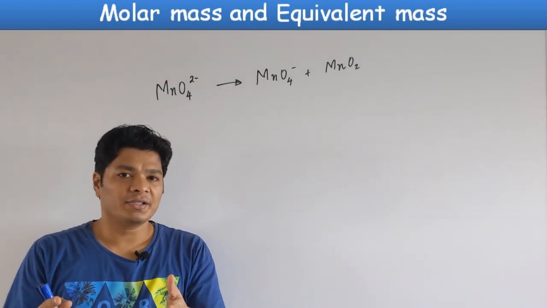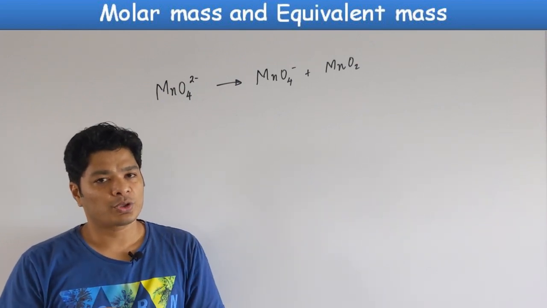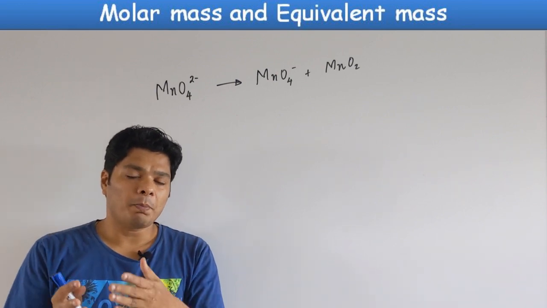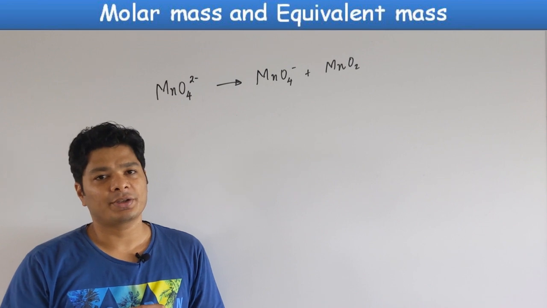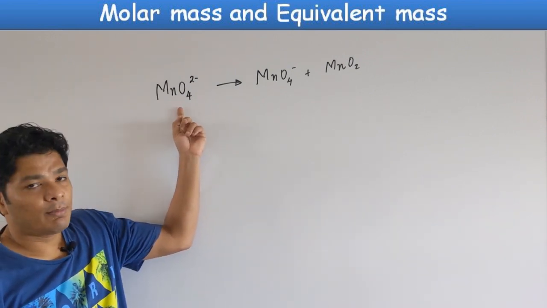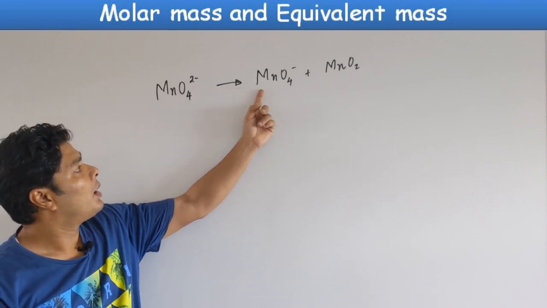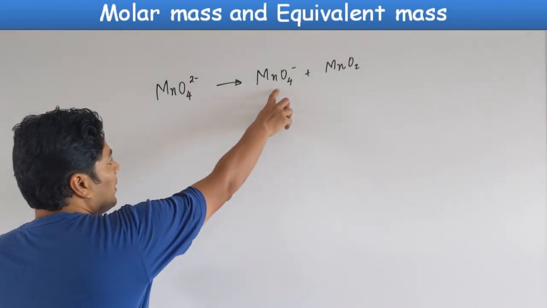So the previous example we saw is where within a species 2 atoms are getting oxidized. What if within a species there are 2 atoms, one of them is getting oxidized, one of them is getting reduced? Or what if within a species the same atom, part of it is getting oxidized, part of it is getting reduced, meaning a disproportionation reaction. We have our manganate, green in color, a D block compound, going into permanganate, purple in color, and manganese dioxide.